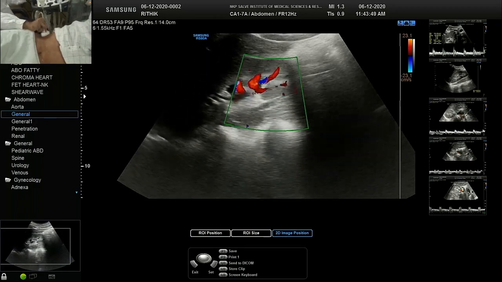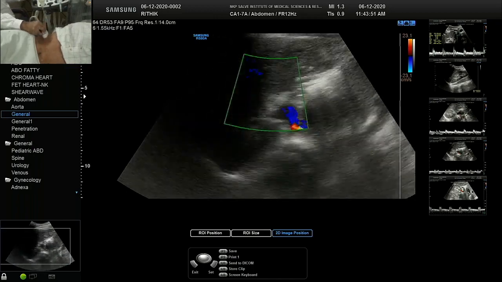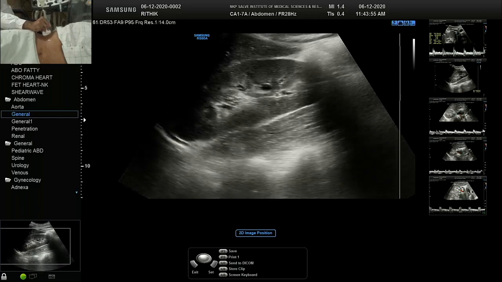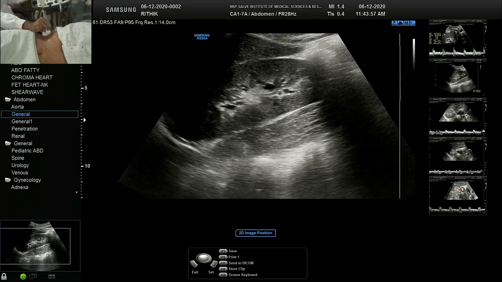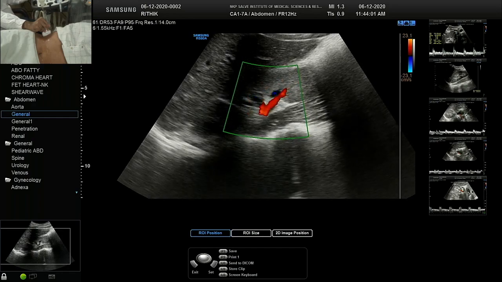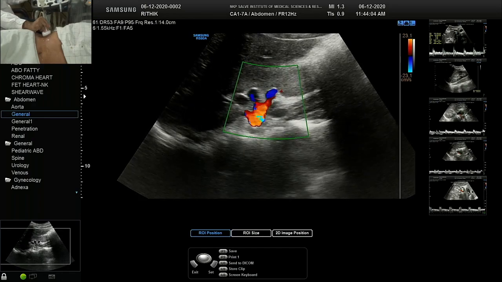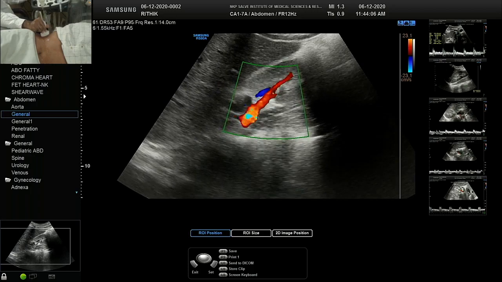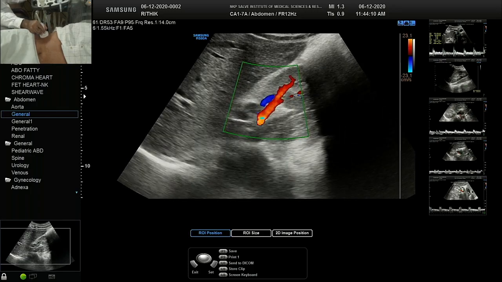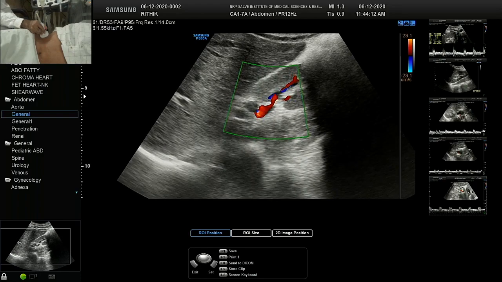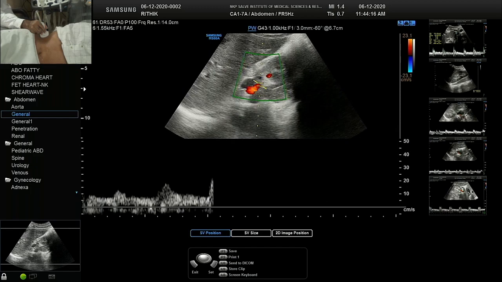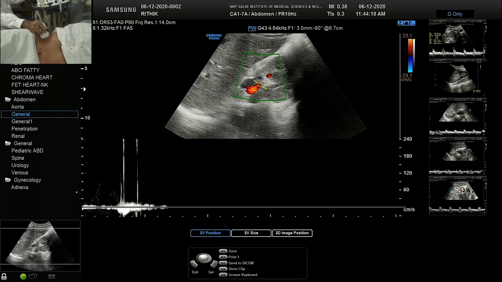So as I said, in the segmental arteries, we come back. That is the kidney. We had sampled the hilar artery, and we look for the segmentals. These are the segmentals. Ideally you should sample at the upper pole, lower pole and the interpolar region. Three segmentals are to be sampled. So this is the lower pole segmental. I will switch off this simultaneous mode.